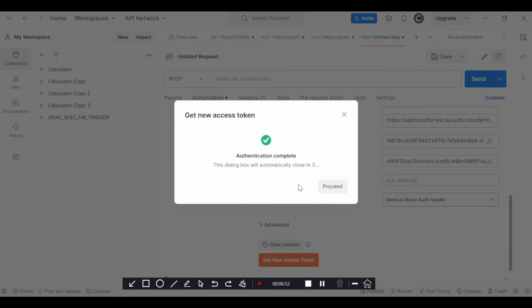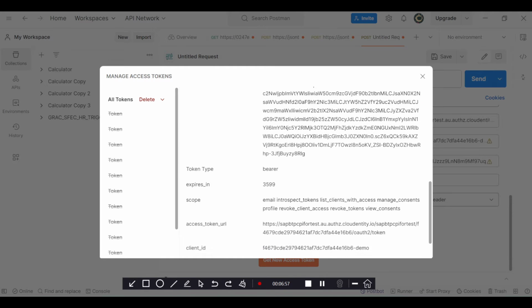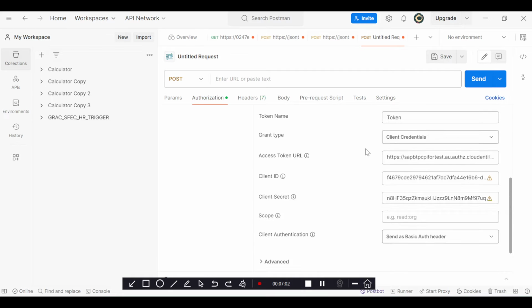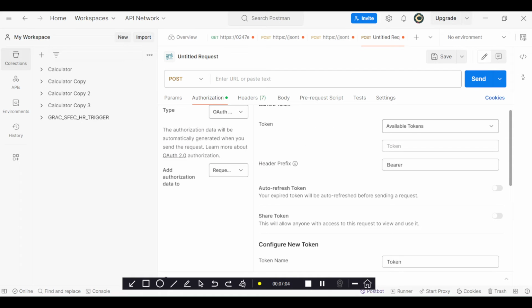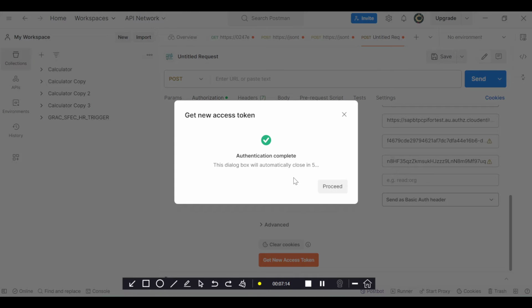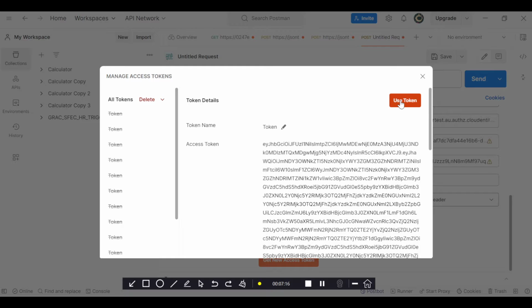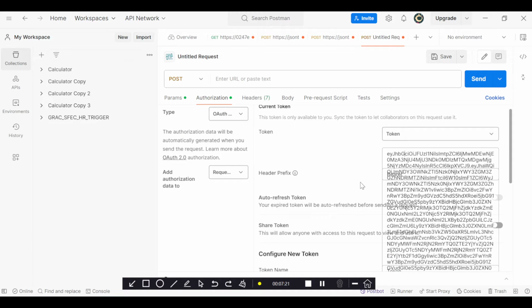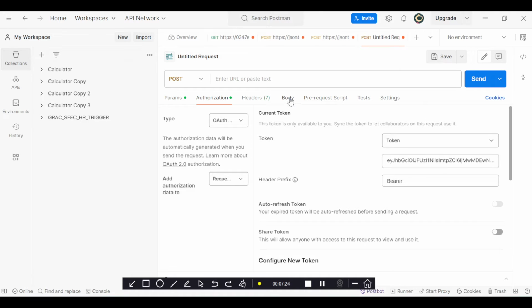So successfully connected to this URL. Proceed. This is the access token, dynamically generated. Use this token. So before using this token, see here token is empty. This is bearer token for REST API OAuth2 authentication. Here empty is there. So once you get the new access token, proceed and use token. See, automatically token copied here. Once we use, now we will send some